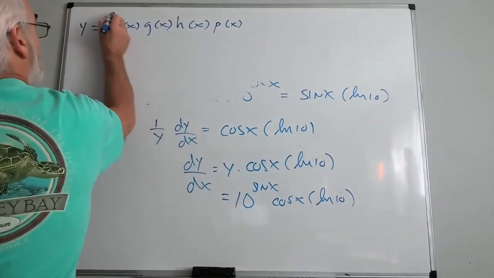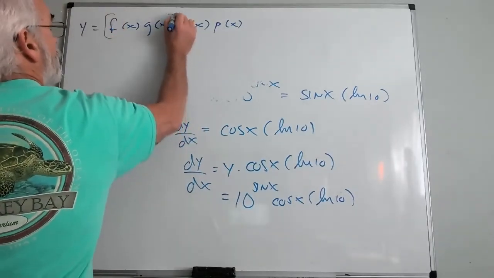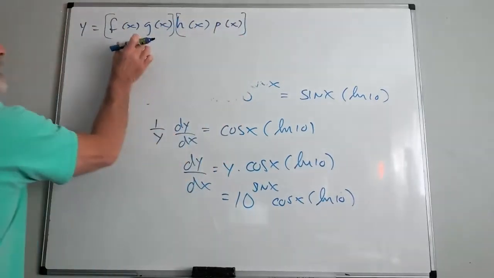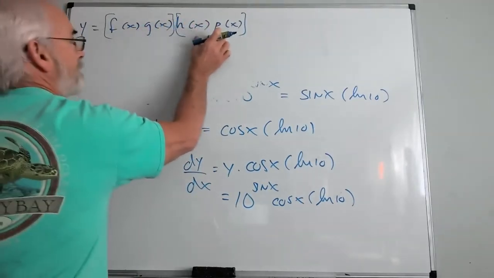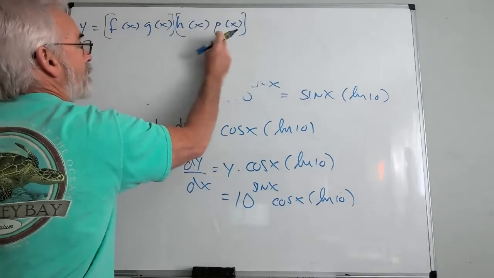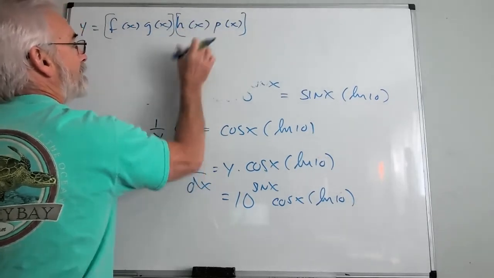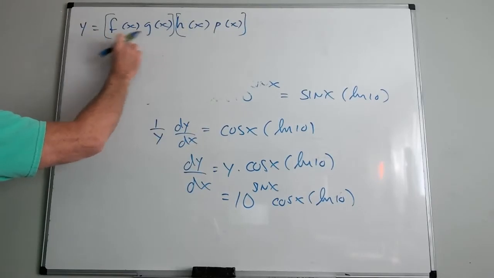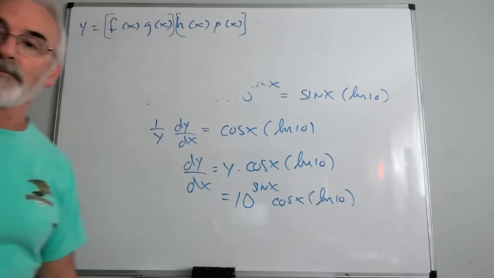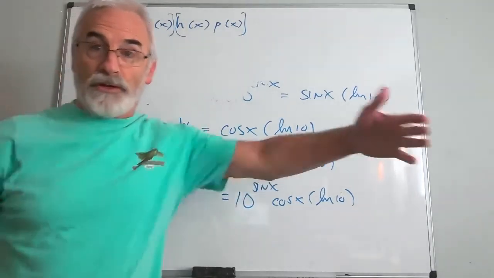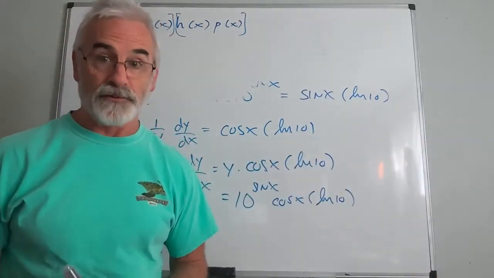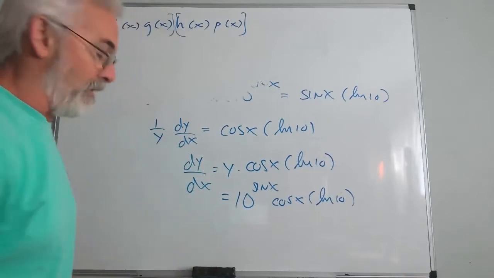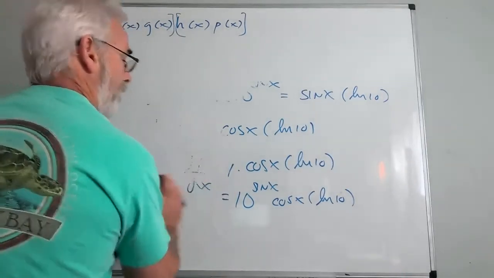I could look at it like this. So think of this as my first function. Think of this as the second. So first times derivative of second, but within derivative of second, I would perform the entire product rule. Plus second times derivative of first, and then I'd do the whole product rule. That's a really clever way of attacking that one. But you realize, we're going to fill up this board a couple times. It's absolutely correct. But man, that would be a long problem. Boy, what if